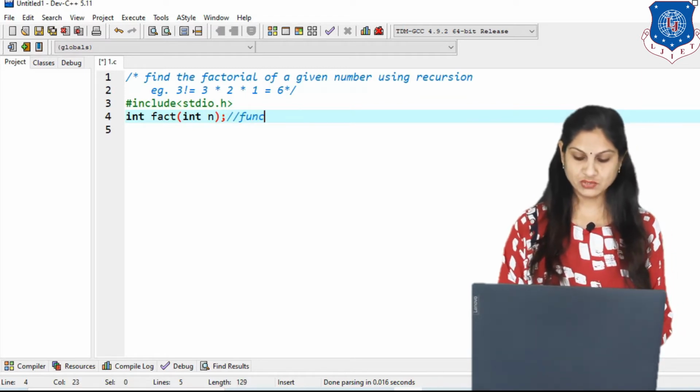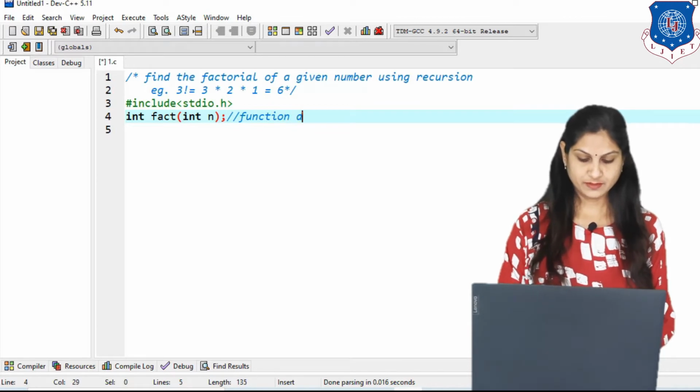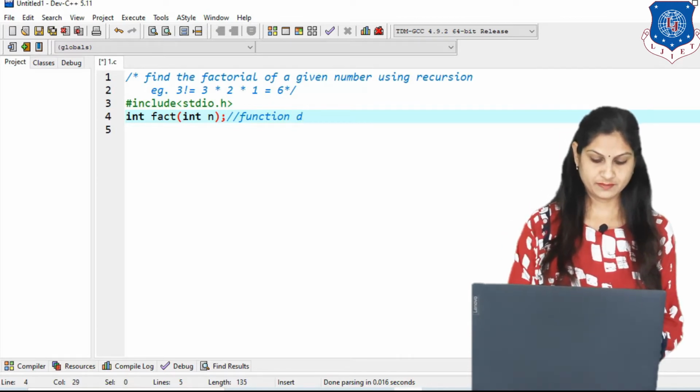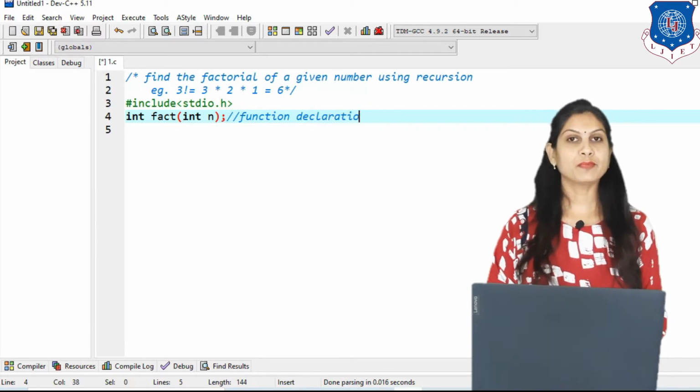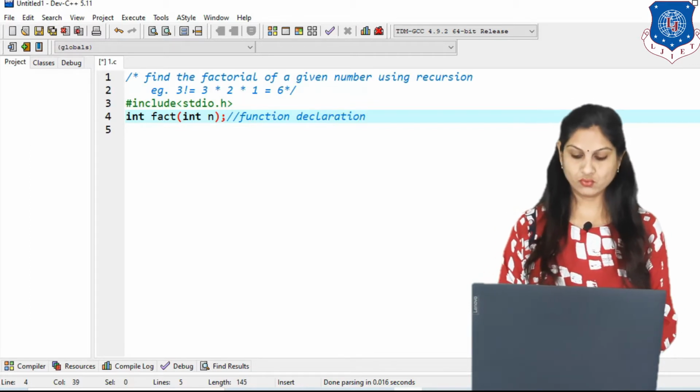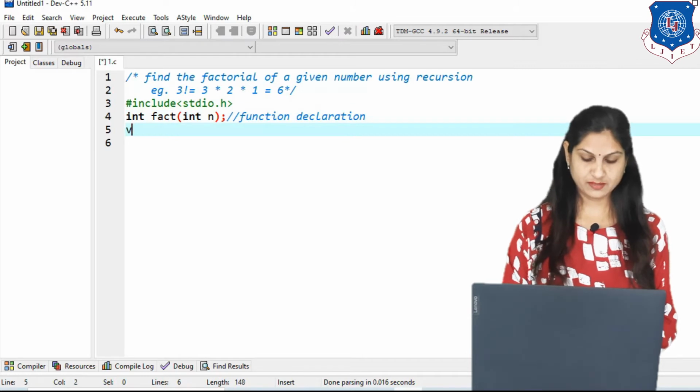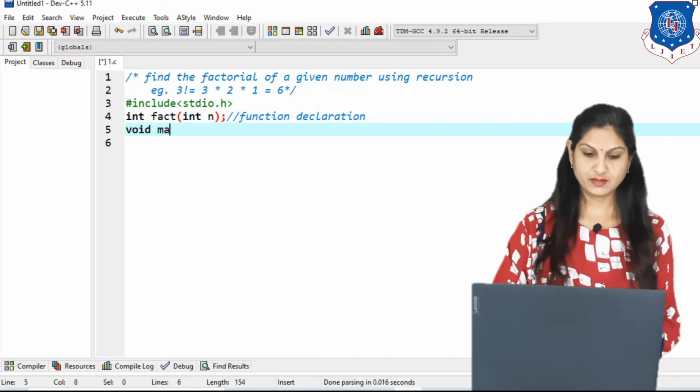So this is nothing but what? Function declaration. So the first part of the function is completed. Now go inside the void main and write void main.